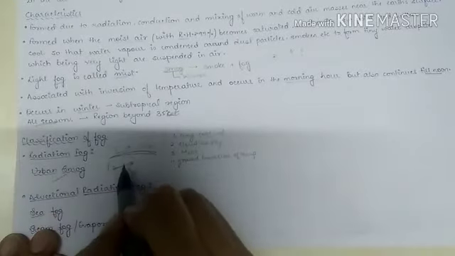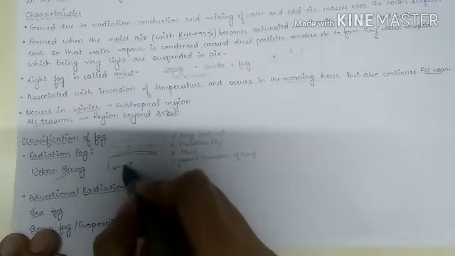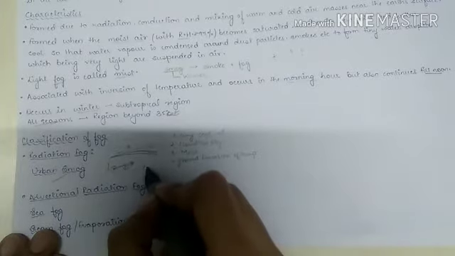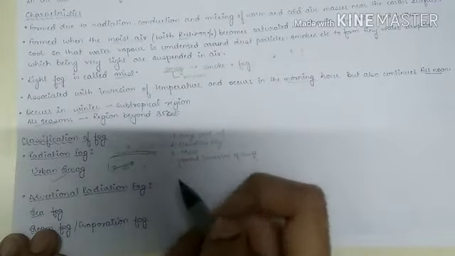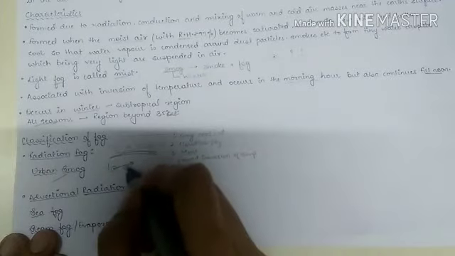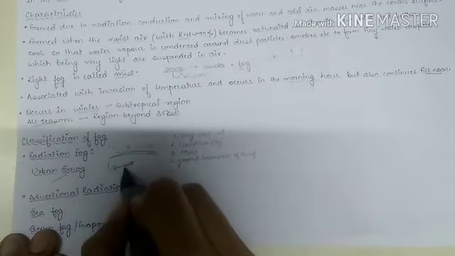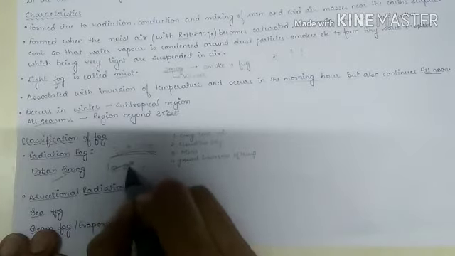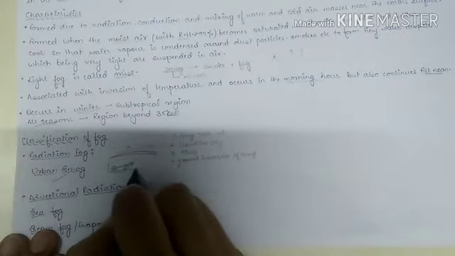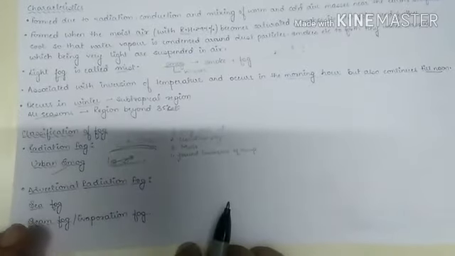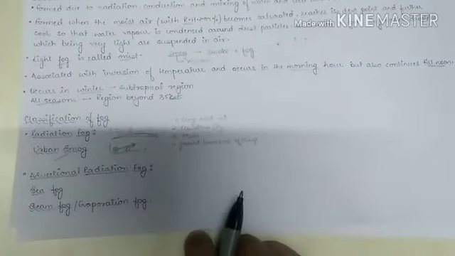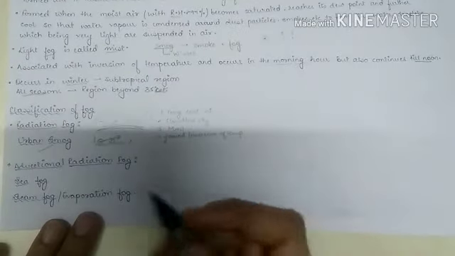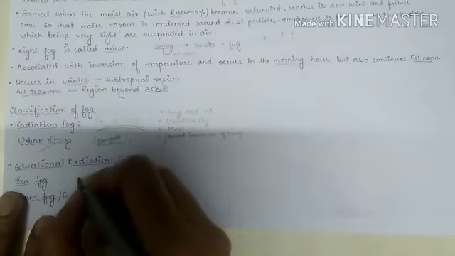So urban smog is formed when we have smoke particles such as sulfur dioxide, etc., which act as hygroscopic nuclei. Around them the tiny droplets of water are collected and fog is formed. Now next is advectional radiation fog. Advectional radiation fog is formed due to mixing of warm moist air